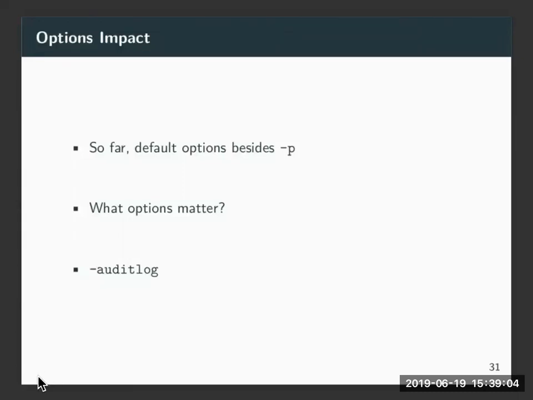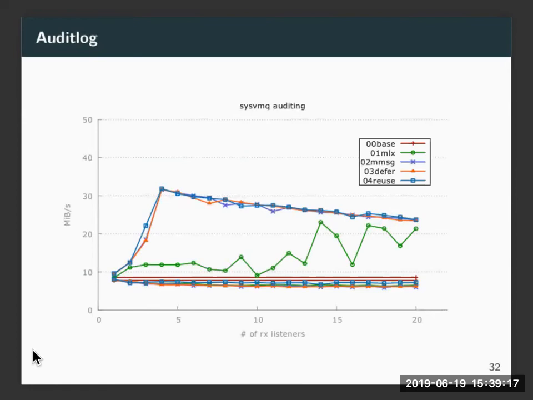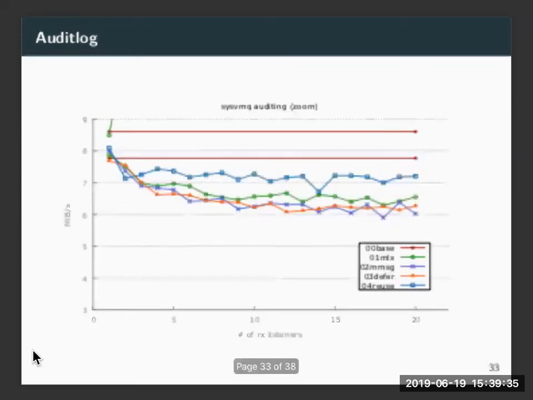But some options do matter. One that matters quite a lot is the audit log subsystem. If we turn on audit logging, specifically the System V message queue version of the audit logs, we see a big difference. All the lines up above are the same as the previous graph, and I've added more that are the same color for each branch under it, but you can't really see it because we're zoomed out too far. So if we zoom in a little bit,